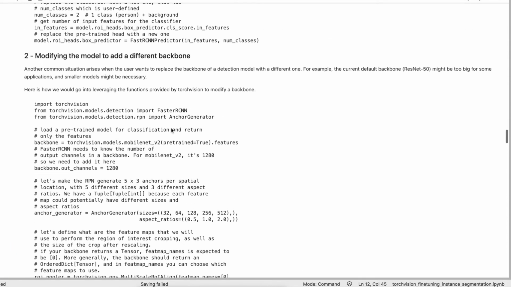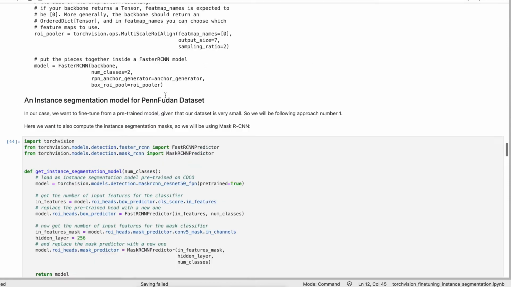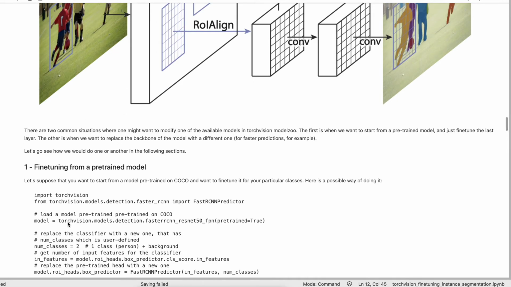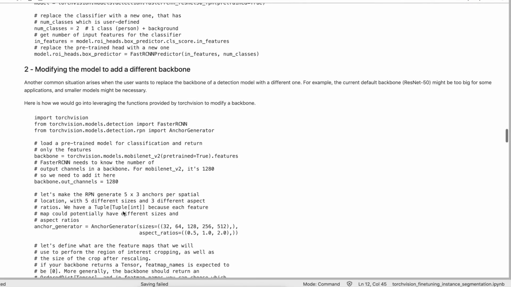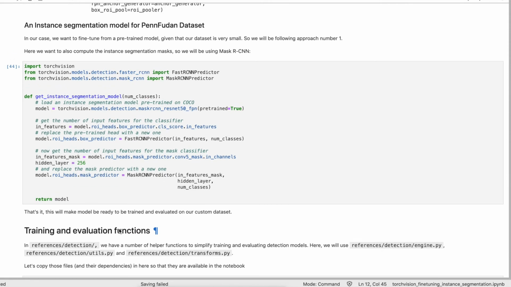So this is all about modifying the model to add different backgrounds. In this tutorial I will explain the first approach, fine tuning from the pre-trained model. I will explain the first approach here, and the second approach we will explain later. In the first approach, we have to get an instance segmentation model from the PennFudan